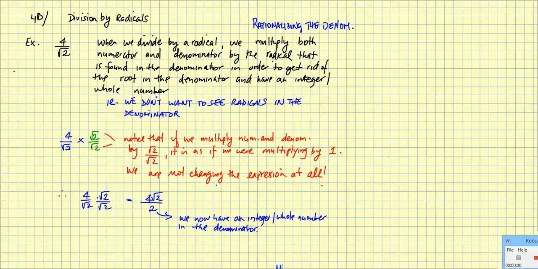Hi everyone, we're starting section 4D in your textbook on division by radicals. So we've looked at addition and subtraction, we've looked at multiplication, and we're now looking at the last section, which